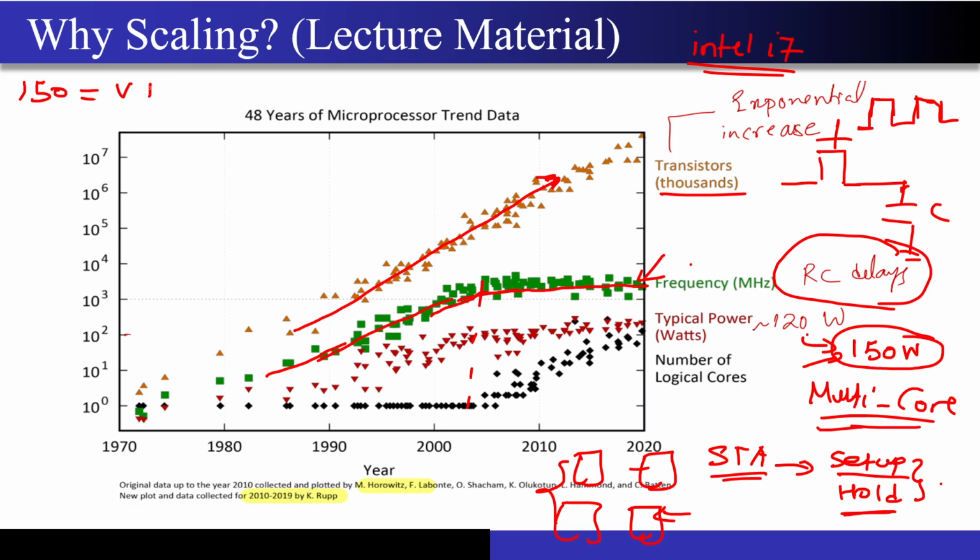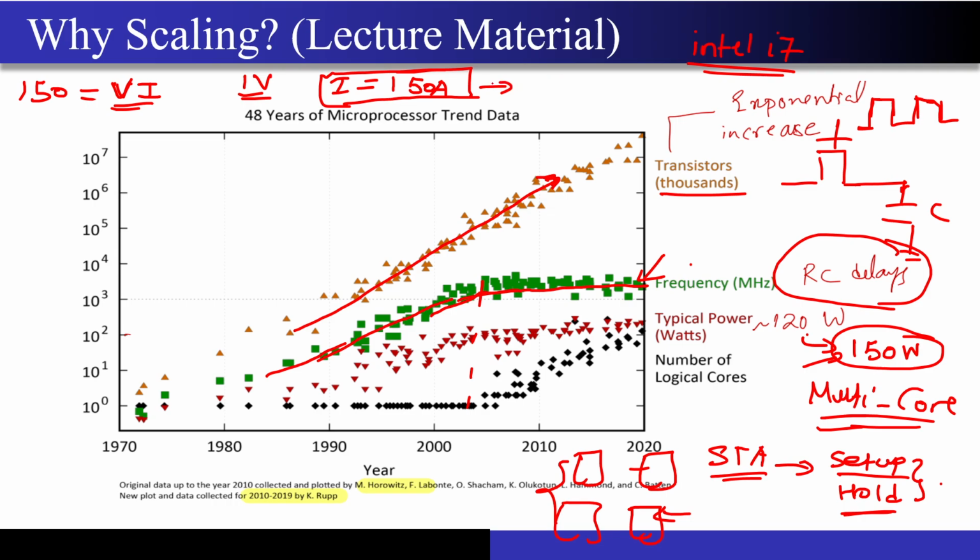It is nothing but V into I, correct? And what is the supply that I'm giving to these modern day processors? It is close to maybe 1 volt. Correct? So the current that I am consuming out of this supply, when the processor is running at full load capacity, is close to 150 ampere. Now this number may seem extremely ridiculous, correct?